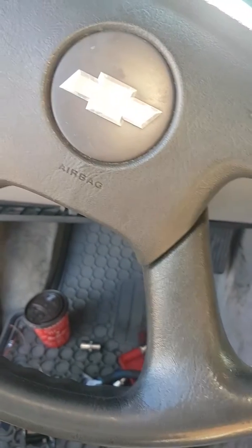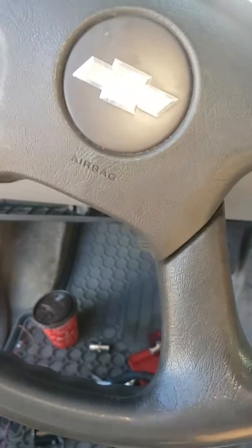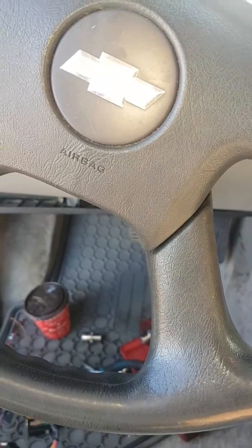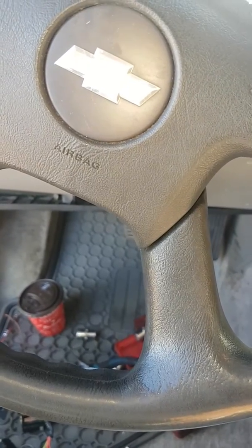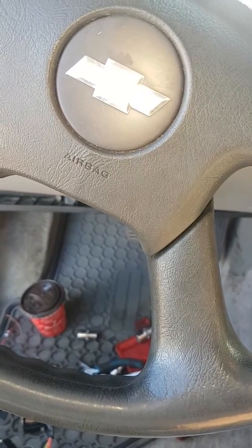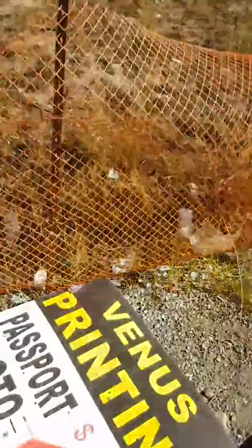Actually, this car wasn't cranking and wouldn't start. So I searched about it and nobody gave me the correct answer. And I checked all the wiring, it was okay. So what I did after that,